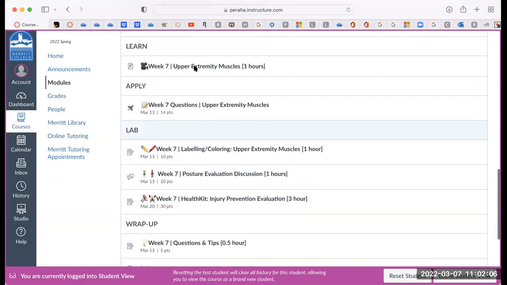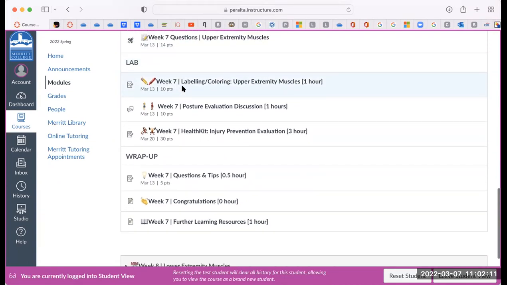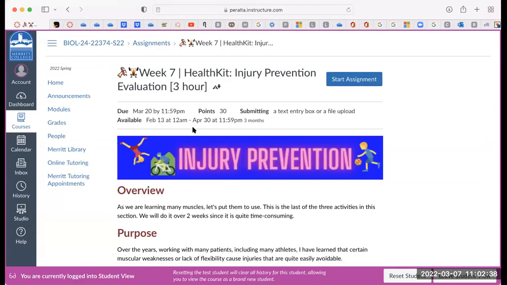So that's the lecture. And then we got, of course, the integration questions. There's 14, there's not that many here. And then we got the label coloring, and also make sure you answer the questions also, because writing it and thinking through it and writing helps slow it down a little bit. And so that's why I want to do those like that. And then I want you guys to do a little posture evaluation discussion, just briefly talk about it like we're used to at this point. And then the last integration exercise for this week or the next 2 weeks, I think I'll do it, it's a 2-weeker,